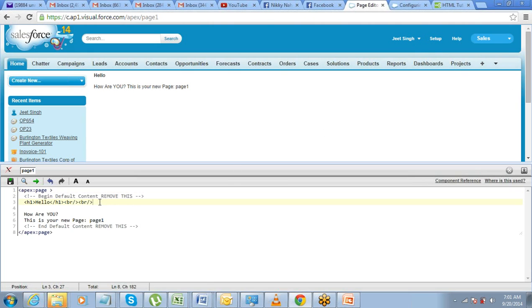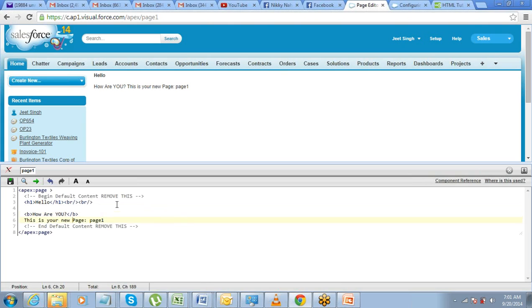Now if you notice one thing here, these are all HTML tags. This line break, this is HTML. This is also a line break tag. This H1 is a header tag in HTML. Okay, so as I told you earlier, HTML can be used here. If you want to make this text bold, you can use the bold tag from HTML.